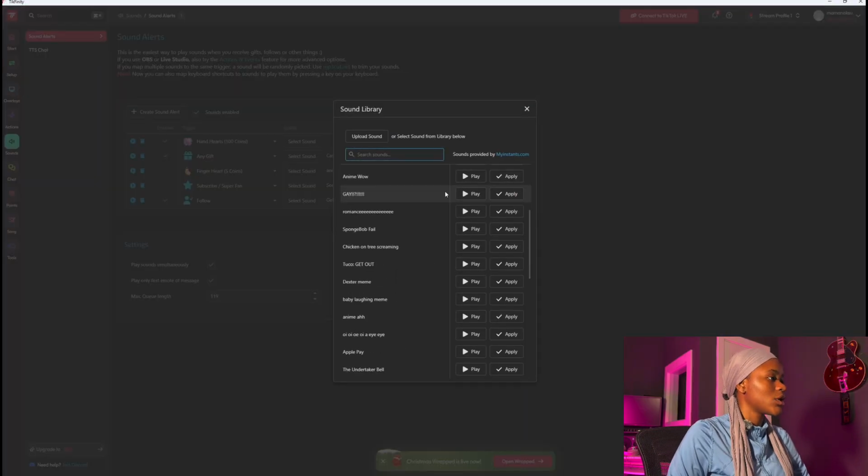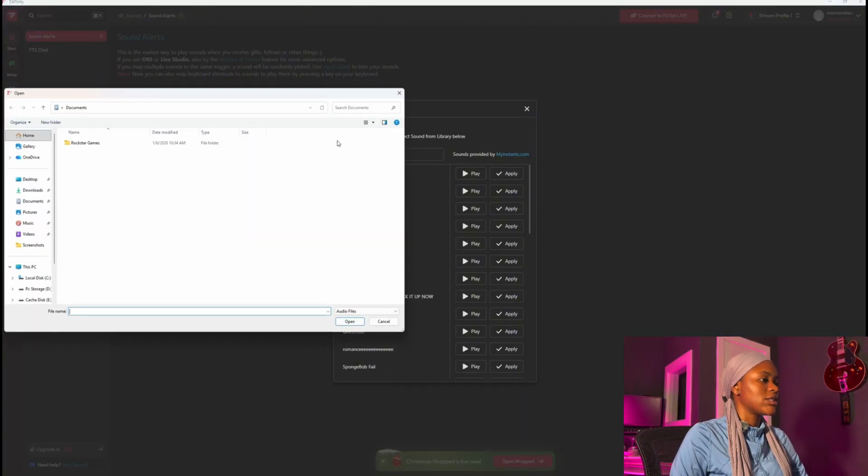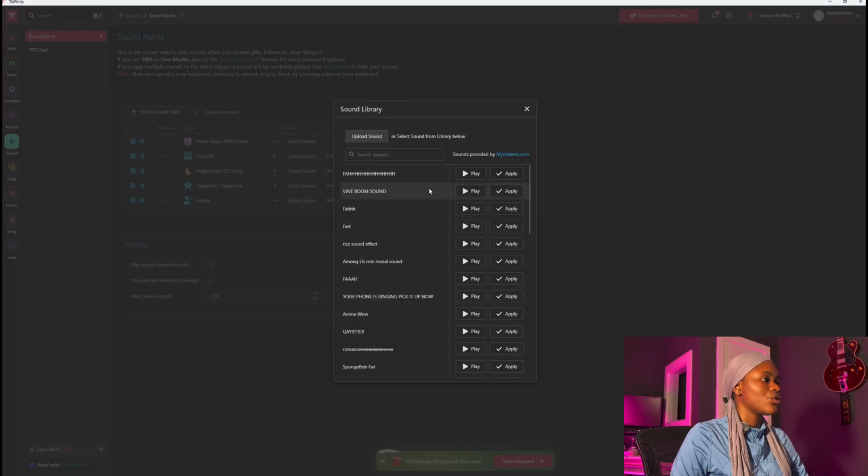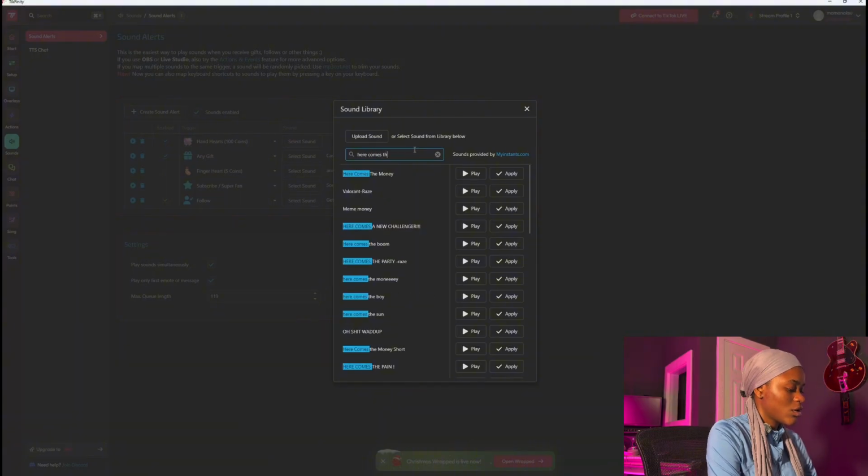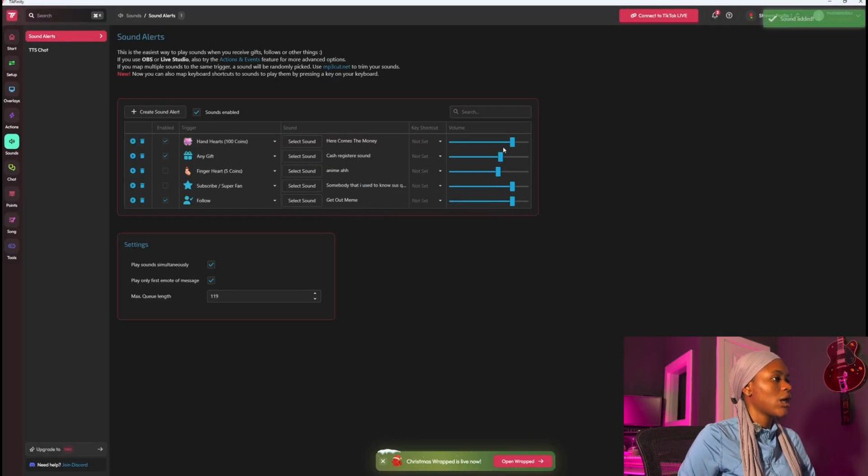Select sound. They have a bunch of sounds to select in the library, and you can also import your own sound. Just click on upload sound and pick a sound from your document. So I'm just gonna search sound. Here comes the money. Here we go. Okay,